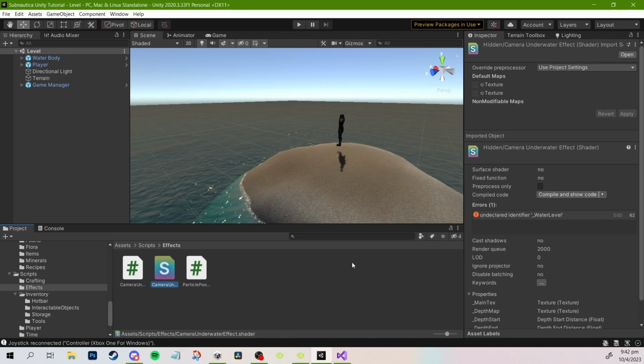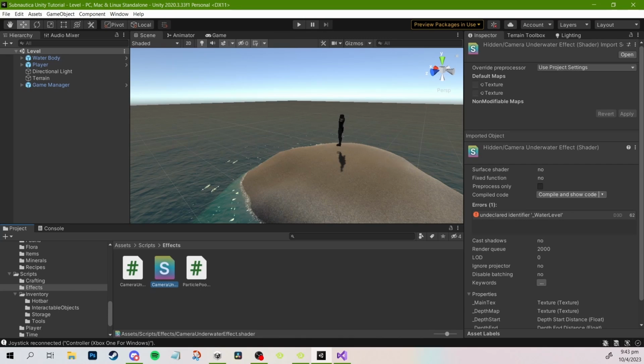Currently the X value will not be used because our camera doesn't roll, so the water level will always fill only vertically. Hence it's possible for us to simplify the if conditional added to frag to: if i.screenPos.y is more than waterLevel.y, because we don't have to take into account X. So now that we've set up our shader to receive information about the water level and adjust based on it,